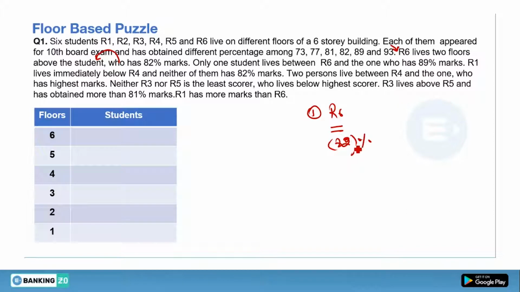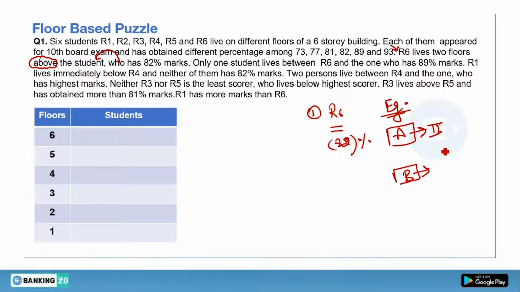This you don't have to do. Listen to me very carefully. In this line the word "above" is mentioned. This word is a keyword, or you can say a key point, in this line. What do we mean by above? Let's take an example. Suppose there is a person A who lives on the second floor, and person B lives 2 floors above A.